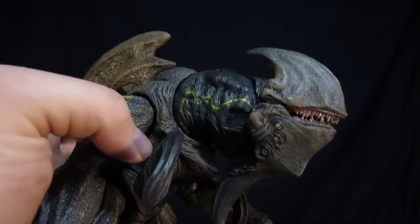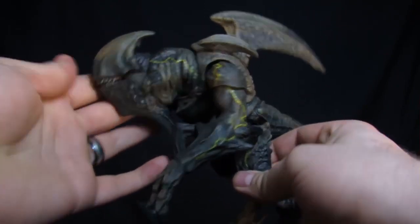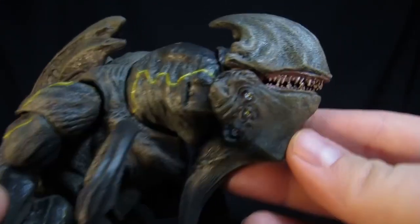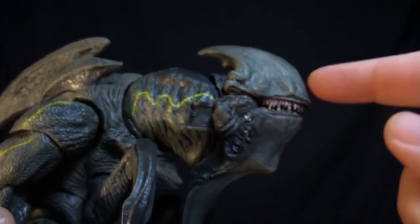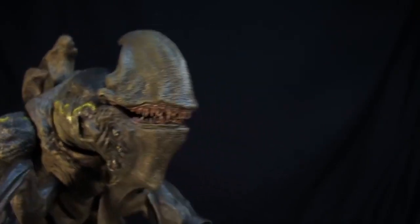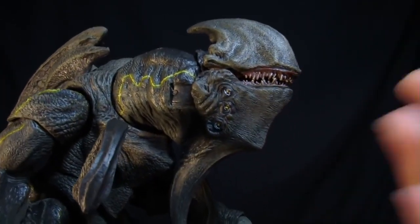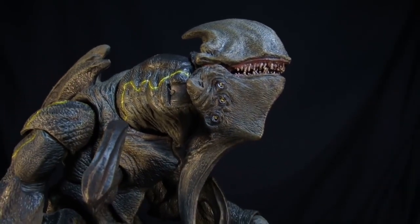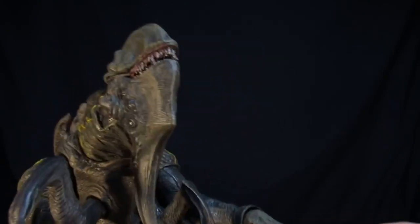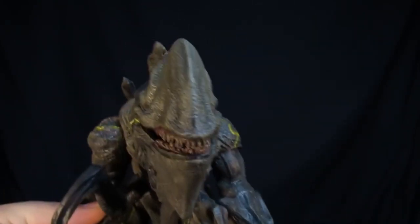Then bringing Mutavore in for a closer look at his details. The sculpt on this figure is just gorgeous. Just like all the other Pacific Rim figures, it looks pretty much straight ripped from the movie. With the head sculpt looking awesome, I love the bladed edges on the front of the face here, where he uses the face to break through the wall in Sydney. I always thought it was really cool, because when you see that, they were like, oh, instead of building Jaegers to punch kaijus in the face, we're just going to build a giant paper-thin wall, then hopefully the monsters can't get through it. When they have faces like this,